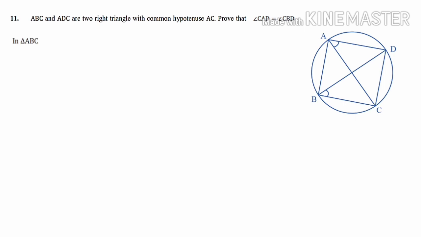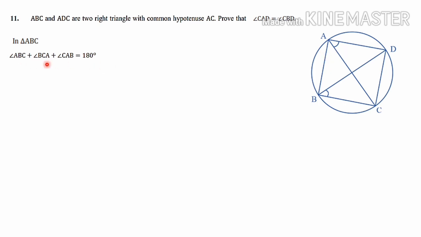Let's start solving in triangle ABC, by using the angle sum property. Angle ABC plus angle BCA plus angle CAB is equal to 180. Here I am not using any highlighter because you must observe the diagram and learn to write. From the examination point of view, that is better. If we highlight and project that, it may not be helpful for you when you appear for the examination. So you just go through the question and try to write down the angles.